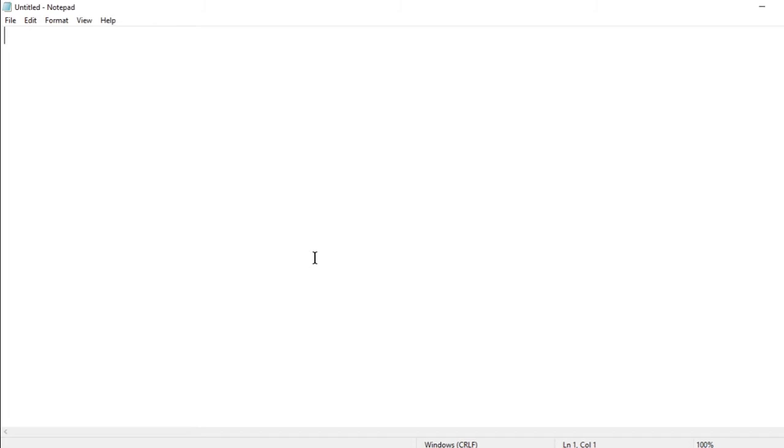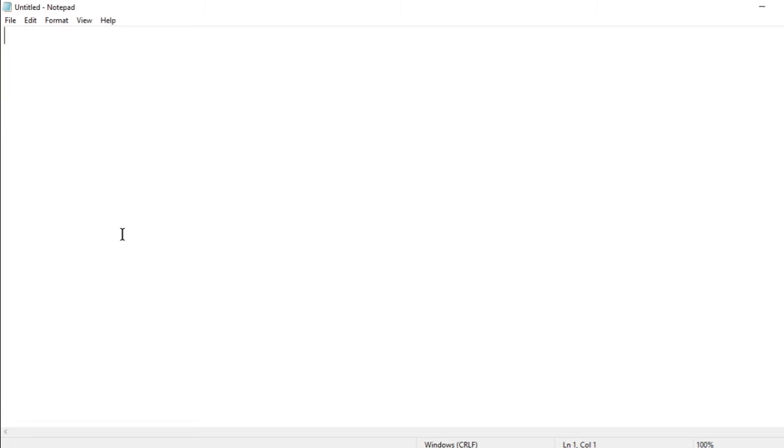The first and foremost, which is the basic editor found in every laptop or personal computer, is Notepad. As you can see on the screen, I have opened a new Notepad. The other editor we will be looking at is Visual Studio Code, and we'll try to do the coding in Visual Studio Code itself. First we'll begin the coding in our Notepad.